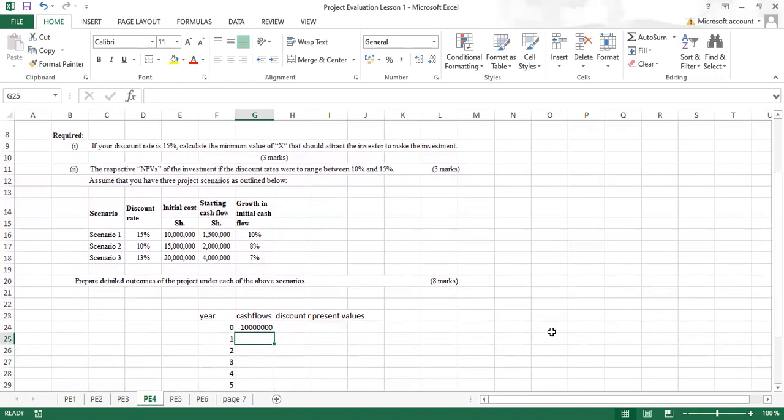Discount rate is 15%. Here, if you have done financial management up to the advanced level, I think you know this formula. So the formula is the present value formula, the original one,